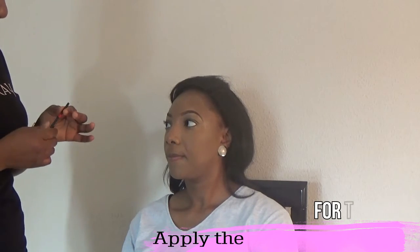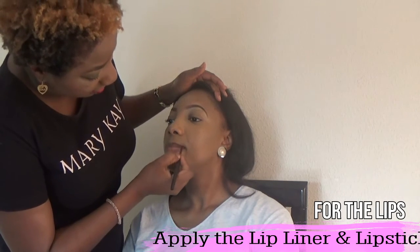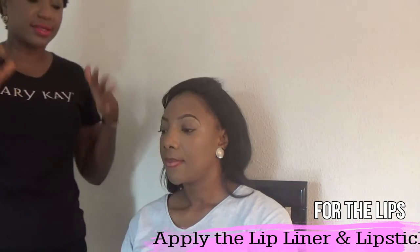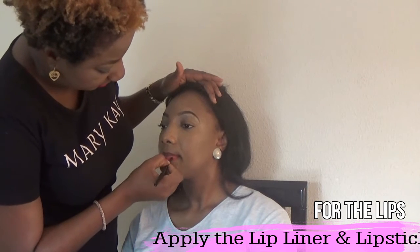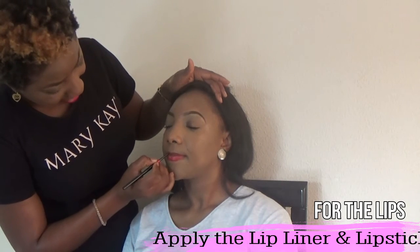And then this time I'm gonna line her lips and then apply her lip gloss or her lipstick. So I'm gonna use the Mary Kay new red lip liner. I am so loving this red lip liner because it's matte and you can actually use it for your lipstick or actually use it to enhance any red lipstick that you're going to wear. You just wear this lip liner alone, if you want to build it in and use it to cover the rest of your lips. And it also acts as a lip primer if you want your lipstick to also stay true,